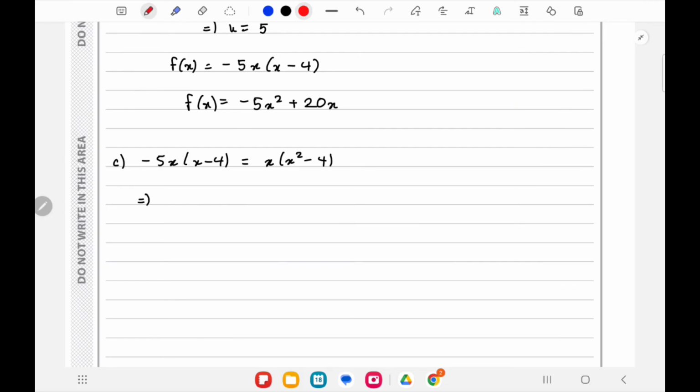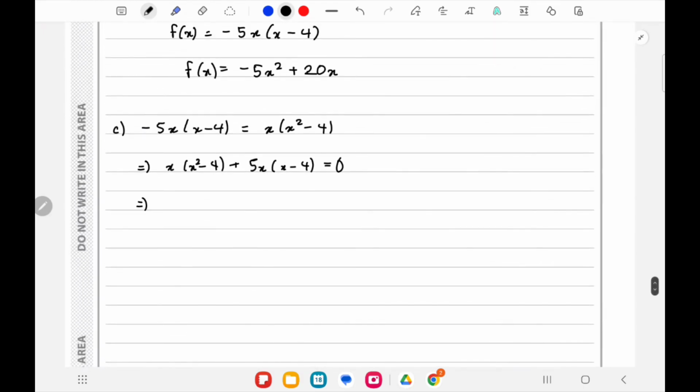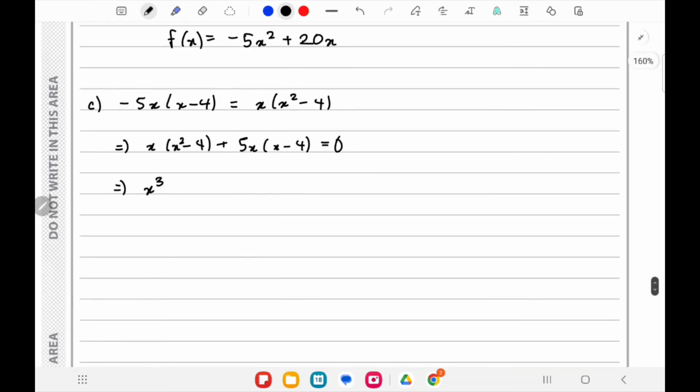I can take this to the right side. I'll not cancel x directly because it's a variable. So I'll get x square minus 4 plus 5x times x minus 4 equals 0. We'll get a cubic to solve. We'll have a cubic here, x cube minus,